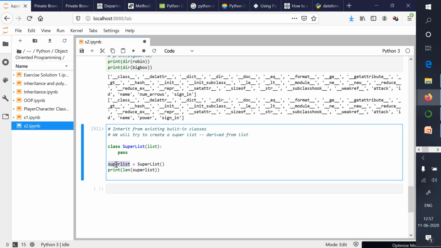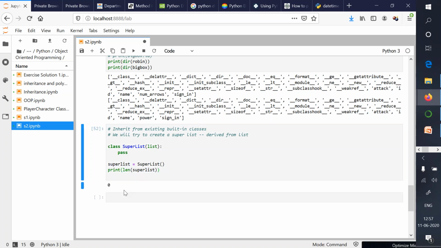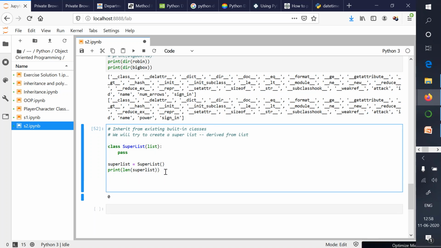This super list is this one super list, and I'll get the output as 0, because at present we have not added any element to the super list.